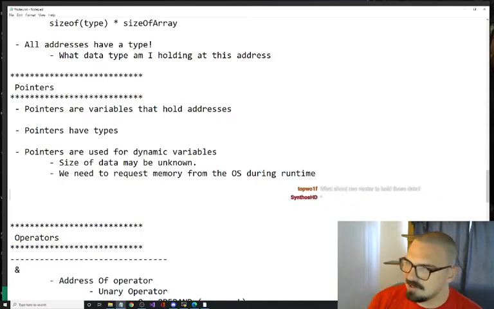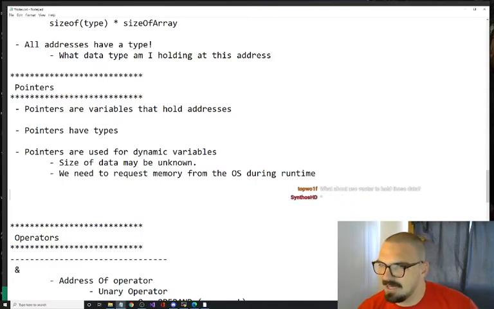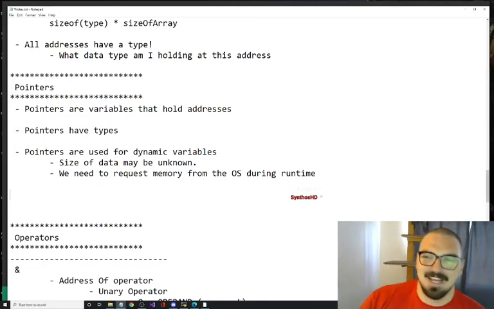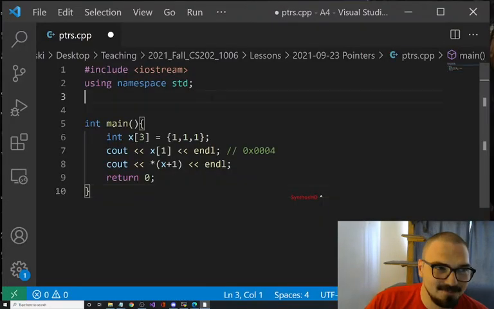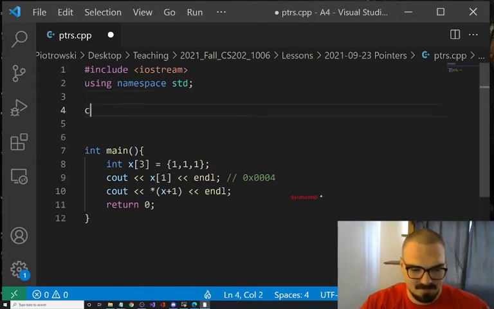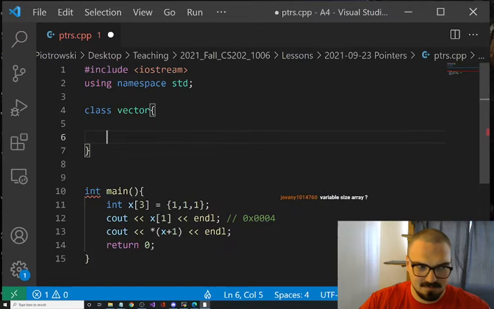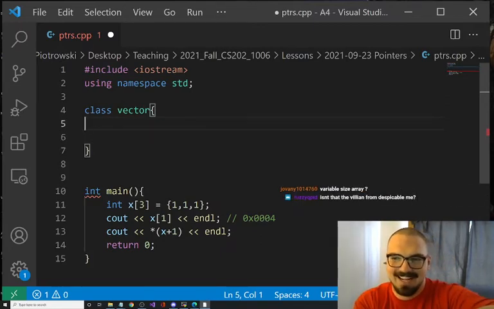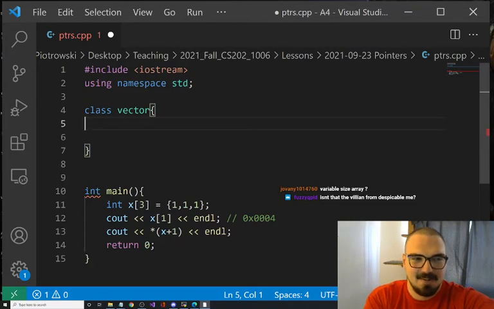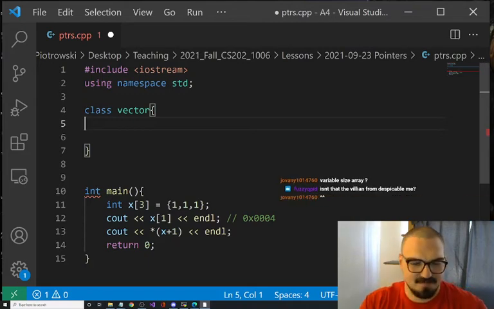So Top Wolf talks about vectors. Some of you learned them in 135. Do you know what a vector is? Well, obviously it's a dynamic array, but I'm going to let you in on a little secret. It's a variable size array. Are you talking about Victor?